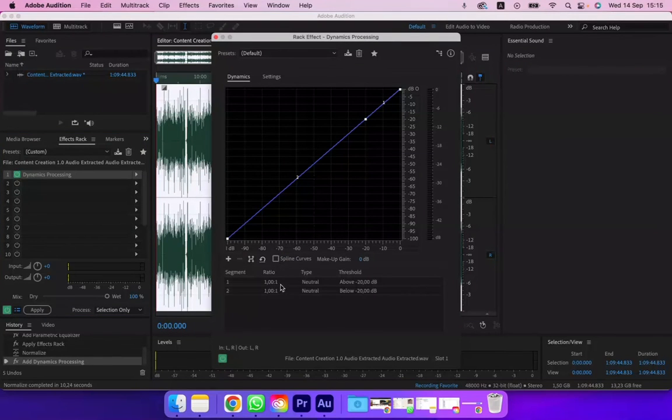Here we have some numbers that we have to hit, the ratio and the threshold above and below, and the correct numbers should be these. I'm going to try doing them by clicking this white box here and dragging it somewhere between -10 and -5 decibels. And the first segment ratio should be